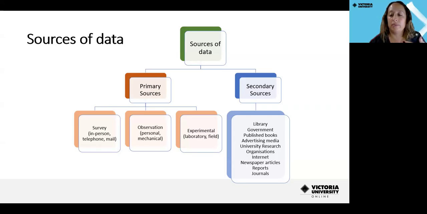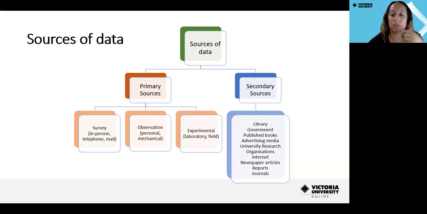And that can be a less expensive and time-consuming way than trying to organize interviews one-on-one with people in booking spaces and all that sort of stuff. So national surveys use that method a lot. We've got observation. So that's exactly as it sounds, where you're watching the actions of somebody or something, and they